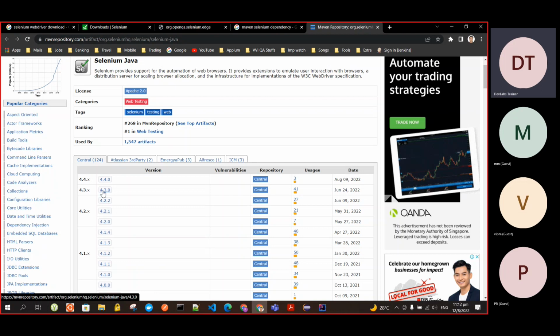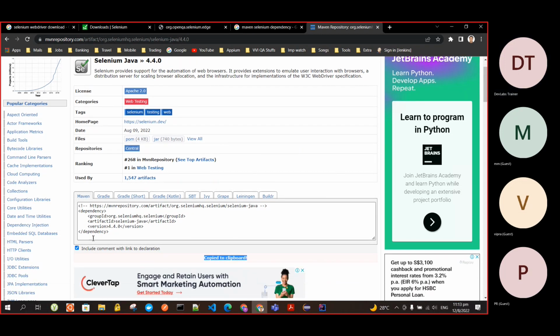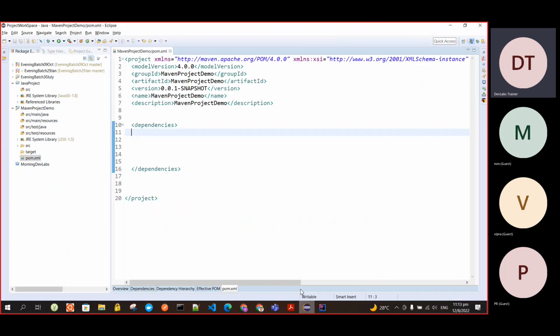You can either try this, but for demo purposes I can show you this one. If I click here, it will show like this. You just click here, then a red message will flash that it is already copied. It means you don't need to copy it. It's automatically copied. You see here what it is doing: org.seleniumhq.selenium, then selenium-java, then the version is 4.4.0. And now the beauty of this is, once you copy this and paste it in your dependencies